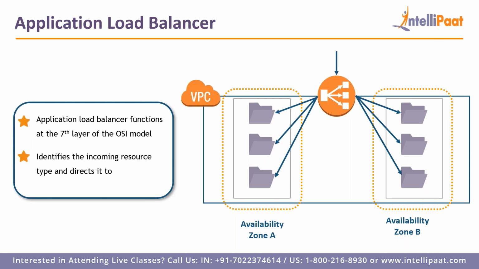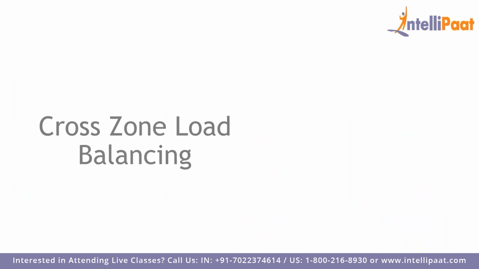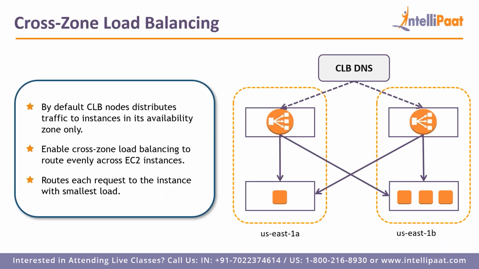Okay, so these are the three different types. Cross zone load balancing, okay, we'll look into this. In this sense, as I told you, there are availability zones. You can also redirect across availability zones. So here there's one availability zone and two. This is US East 1, which is basically in the North Virginia region in AWS. So US East 1A and US East 1B are two of the availability zones available in the North Virginia region. In North Virginia there are 6 different availability zones.